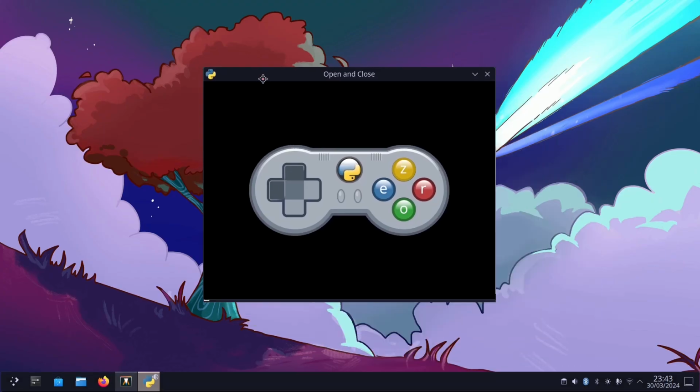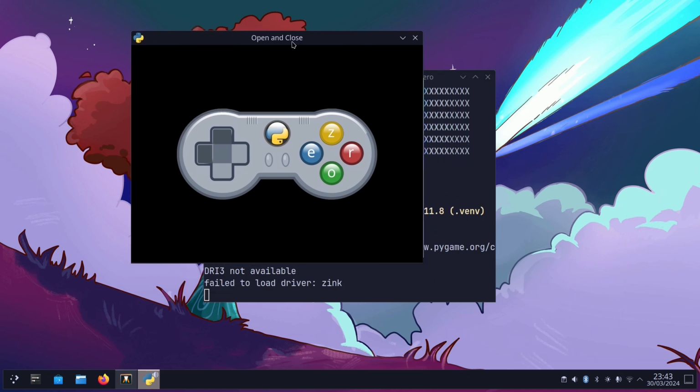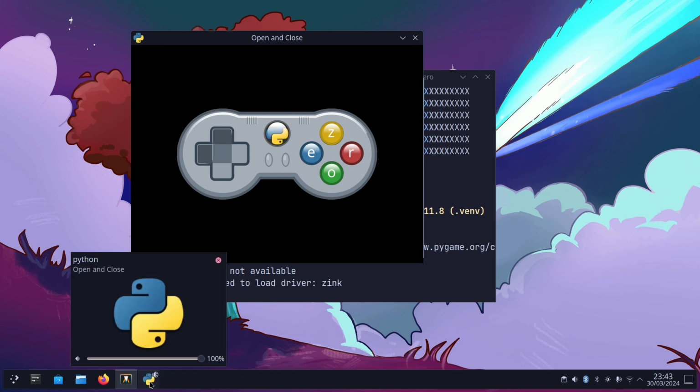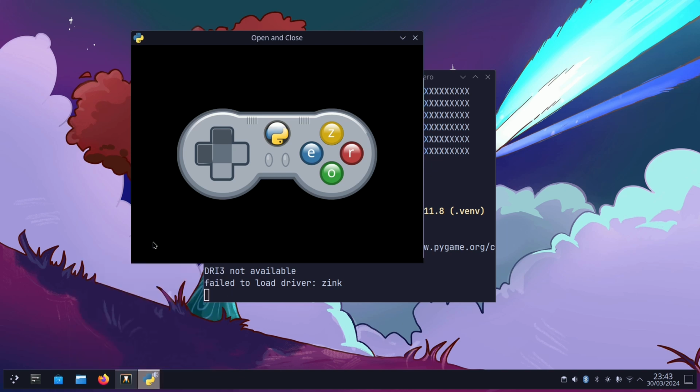Okay. Now here's the window, and it says open and close. That's what we set the title to. And there is the Python logo that we set it to. And down here, that is also the Python logo that we loaded. So if we close this,